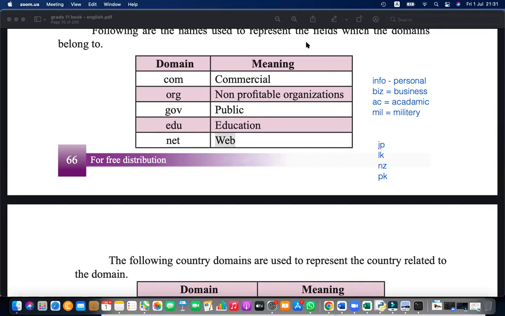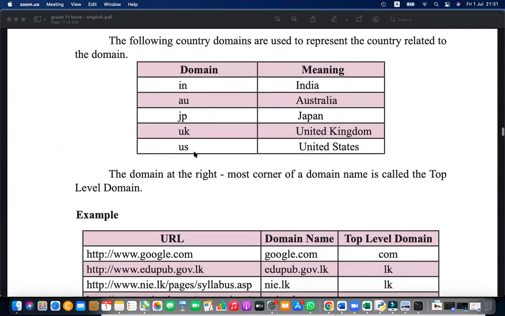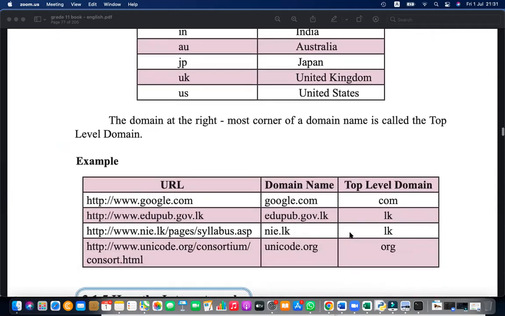Now we are here. Actually, this is a summary, right? This is not actually the theory class. We have already discussed that, and we are summarizing the lesson. Here, LK, IN, JP are country specific, but all these are top level, and there are subdomains as well. And the URL: the domain name is this, top level is this. When it comes to the URL, initially the protocol part is added, and then you can add the path, and the resource name can be added with the extension and the file name.